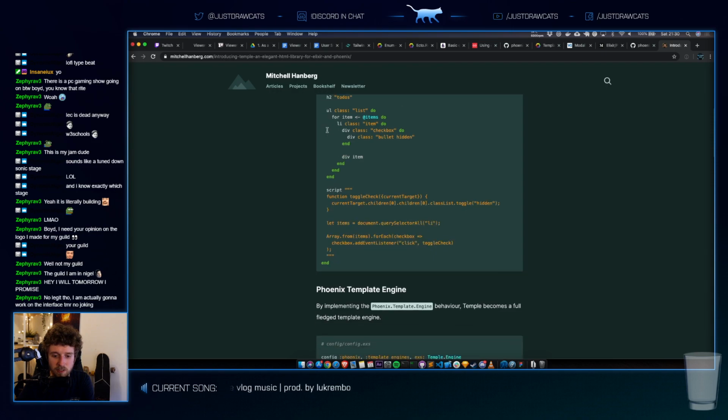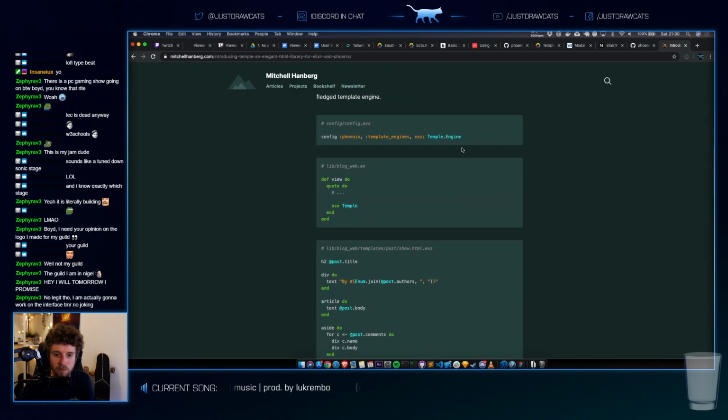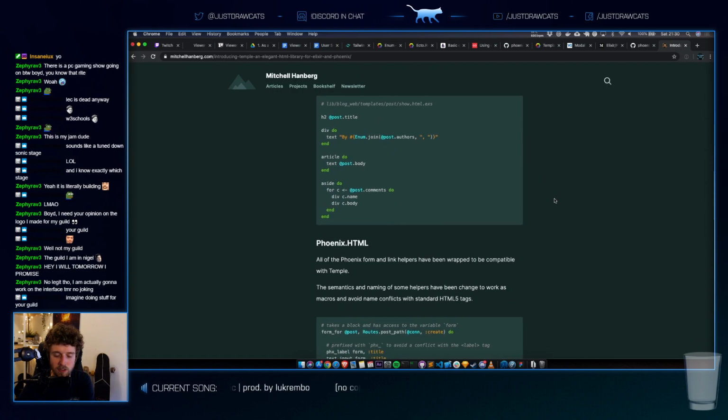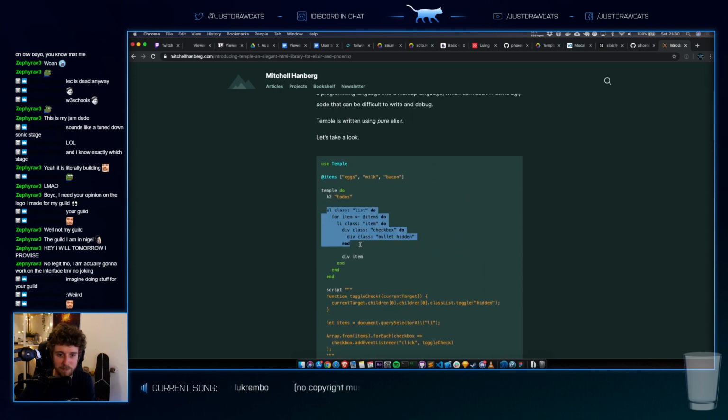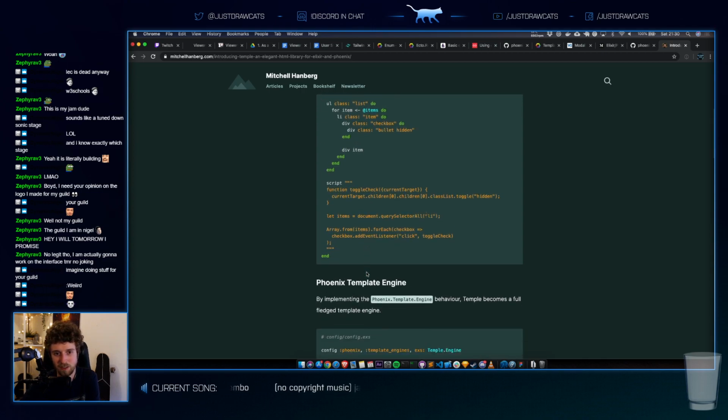I can't remember what it's called. The functional JavaScript programming language. Erlang, no. Elm. This looks a little bit like Elm, with the Elixir syntax.